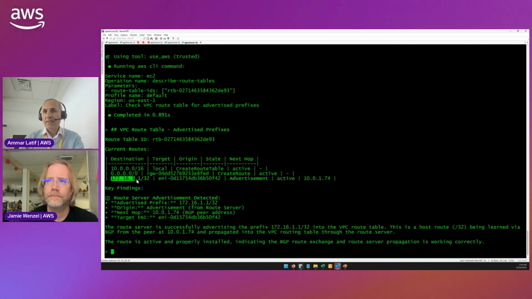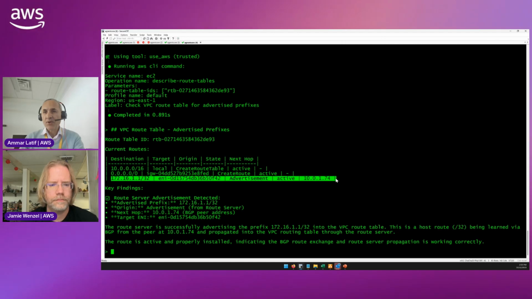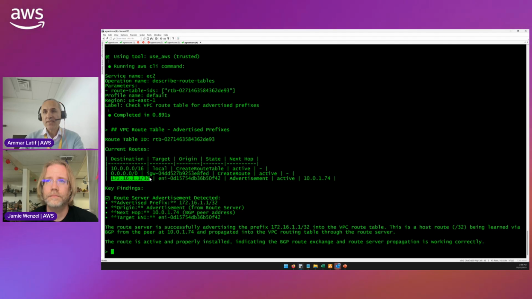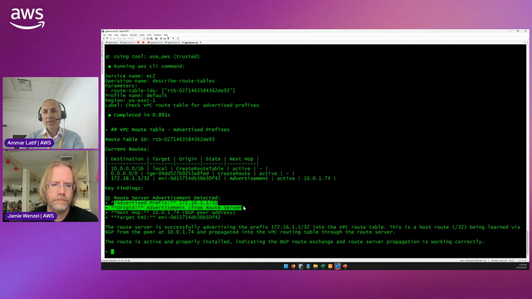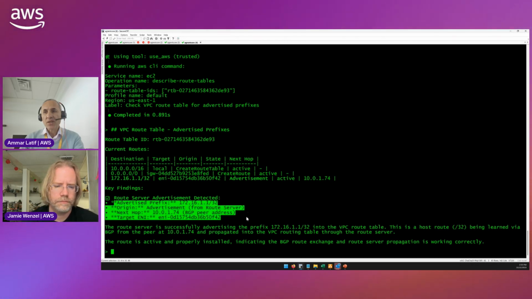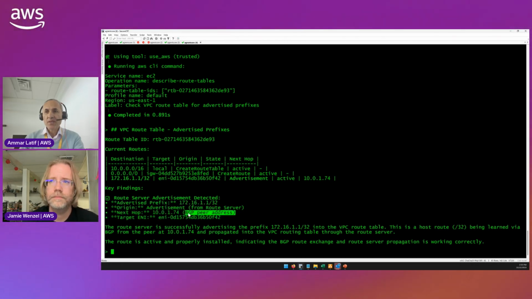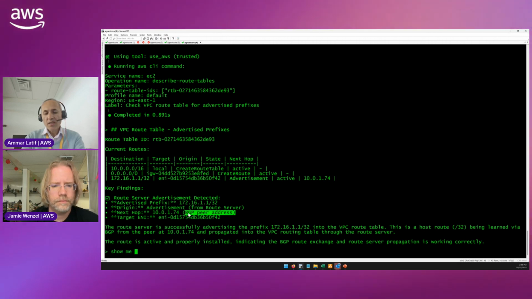It is being advertised to us from a route server, from an endpoint, one of the 4 BGP peers. It's advertising to us 172.16.11/32. This is the loopback IP that we are advertising. It says its origin is from the route server, and this is the peer. So now, show me the route server